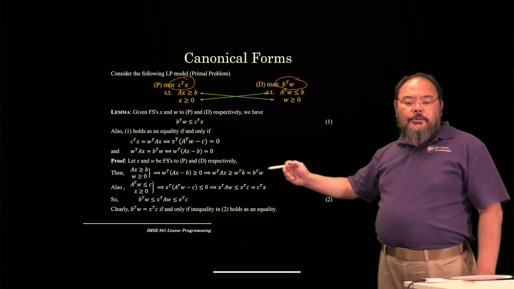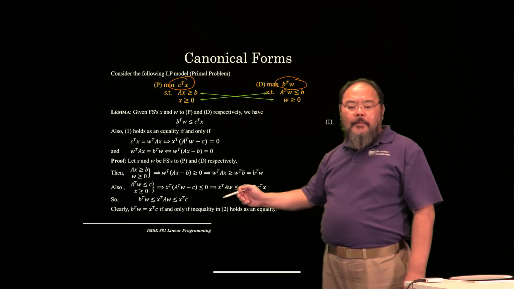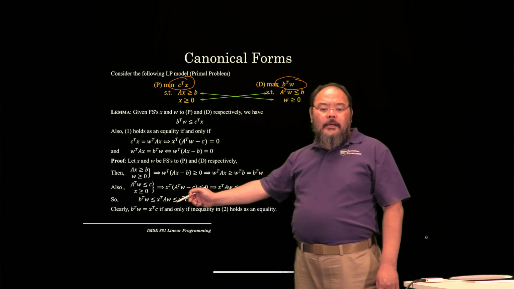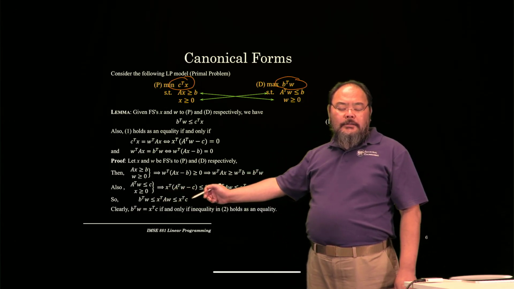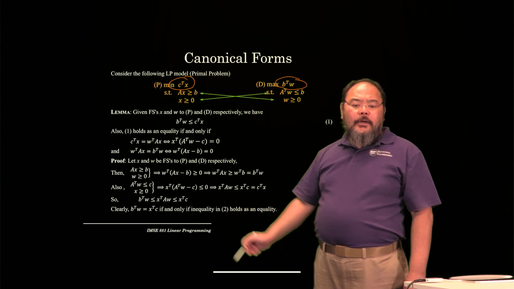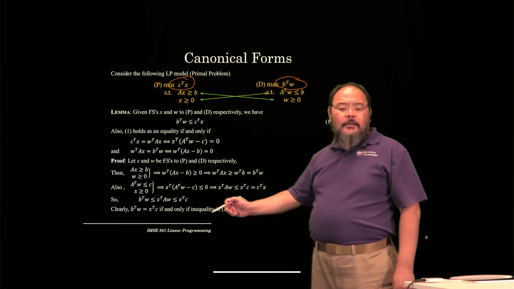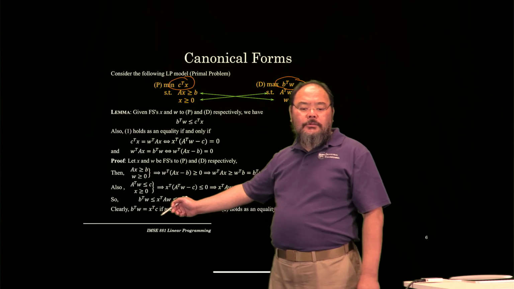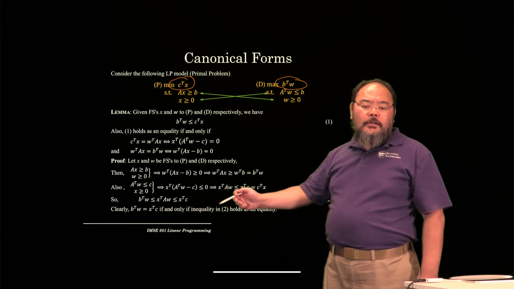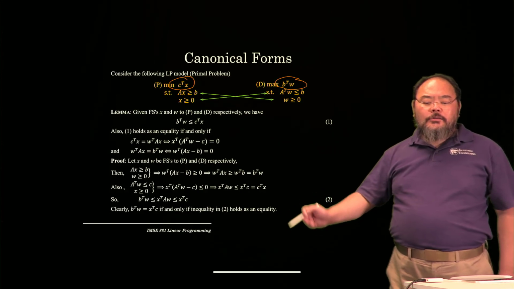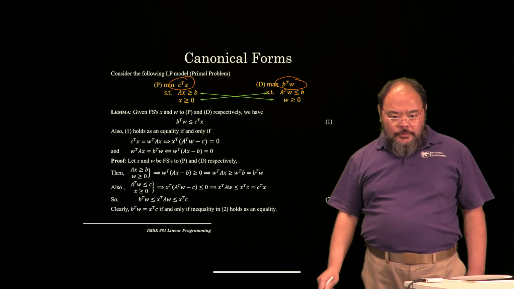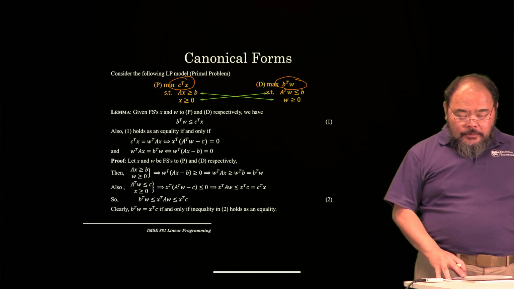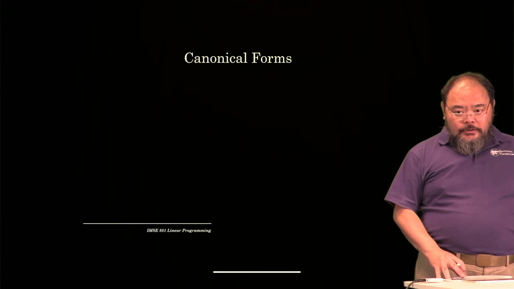So between these two results, I can establish a relationship: B transpose times omega is always less than or equal to C transpose times X. Finally, if B transpose times omega equals C transpose times X, then the inequality holds with equality, and that's the optimal solution. But later on, I'm going to show you that. So this is the so-called canonical form. This is what we call the strong